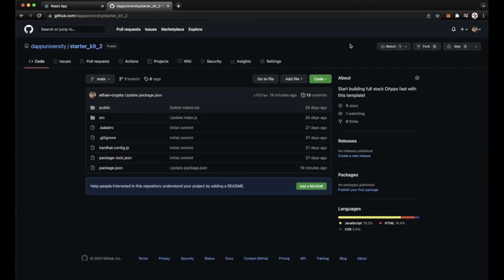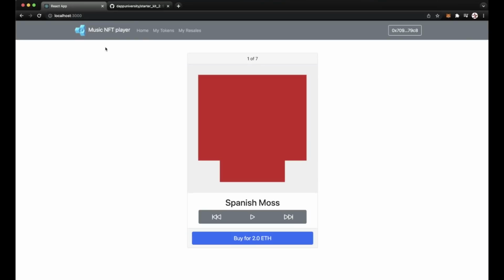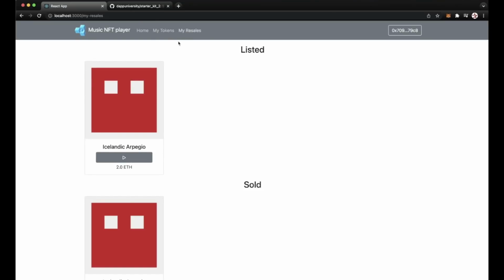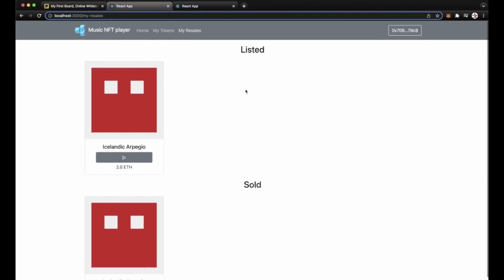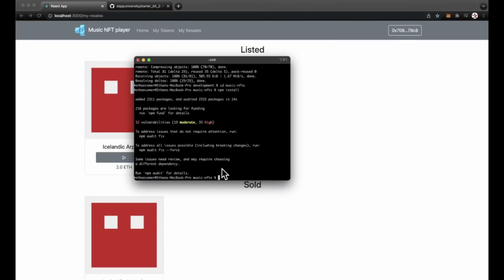Now, before we move on, we're going to need to install a couple more dependencies for the NFT music project that weren't included in the starter kit. So if we go back to our application preview, we can see that each time we click on one of these navigation links, the app routes us to a new page. This feature doesn't come with vanilla React, so we're going to need to install the React Router DOM dependency to support it. So to install it, go back to your terminal and enter npm install React